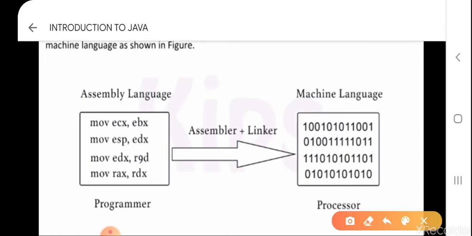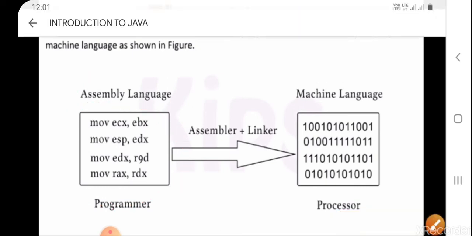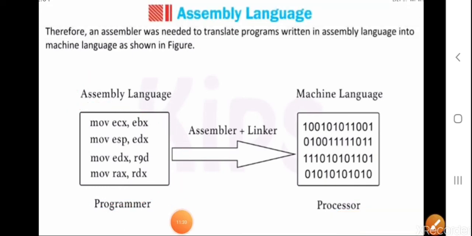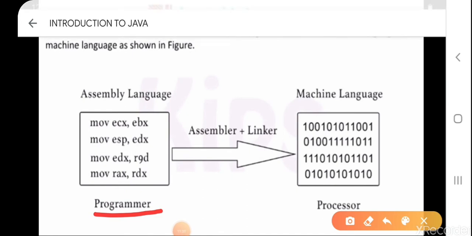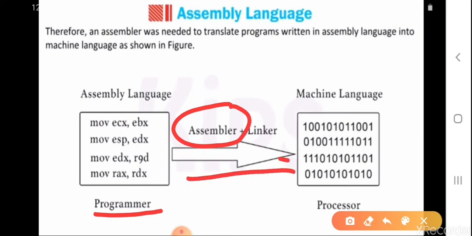Look at this code which is written in assembly language. The programmer used to write the program in assembly language. Then a combination of assembler and linker was used to convert the assembly language into machine language.